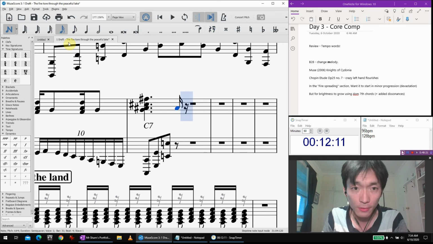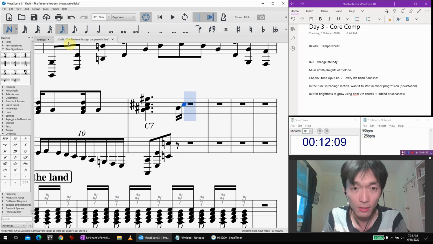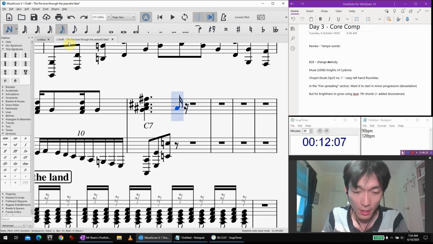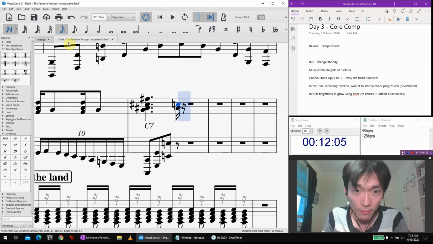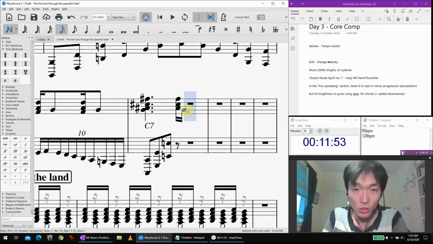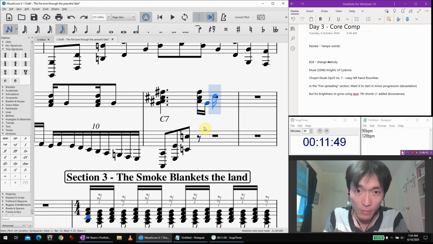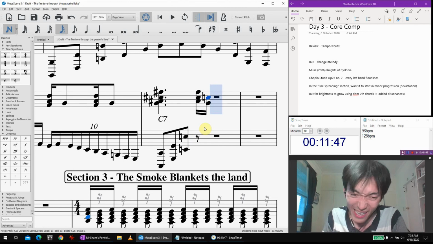A sharp, C sharp, and A sharp, built a third on top, which is a C sharp, and built a third on top, which is an F sharp. With a G, C, built a fourth and a third.